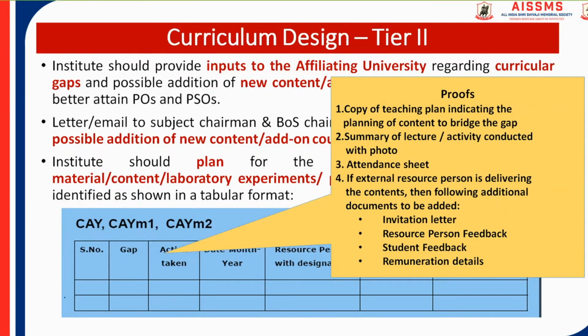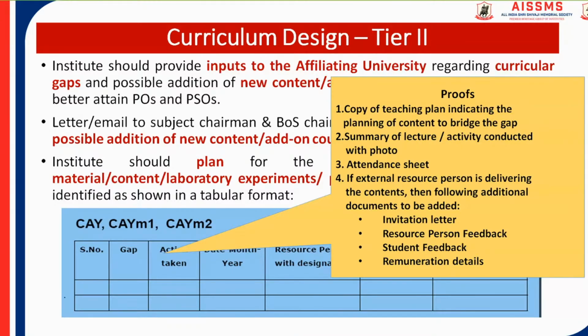So this is just a slide where we are talking that once you have identified the gaps in the curricula which are required for the attainment of your POs and PSOs, then you can carry out all these activities. And while carrying out all these activities, the NBA team may require certain proofs which you can keep. So these are certain examples which I have put over here. So it will just give you certain idea. So you can have many broad ideas based on this, where you can have your own formats of doing all